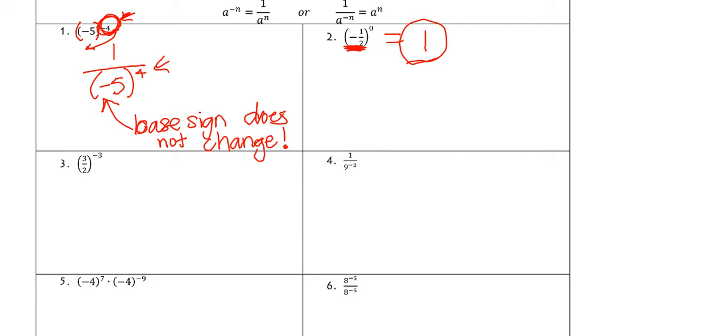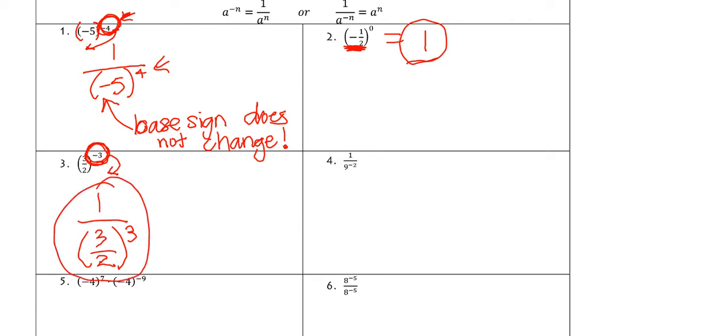Number 3, our base is 3/2. We have a negative exponent, so we want to get rid of that. Right, so it's going to go on the denominator since it is on the numerator. So 3/2, that will make a positive 3 exponent, and 1 will be our numerator. Right, we typically don't write something like this. So if you get this answer, you shouldn't leave a fraction like that. So what you can do here